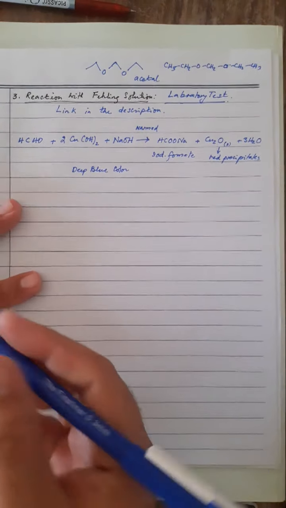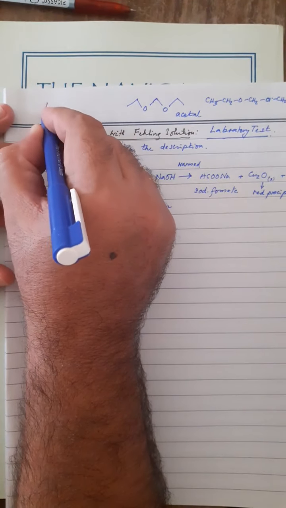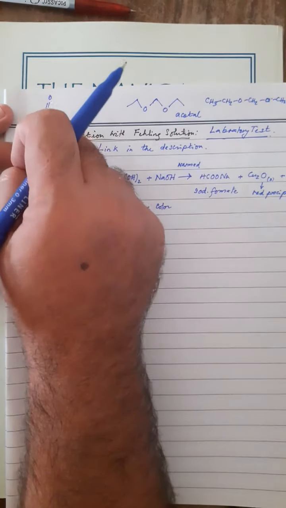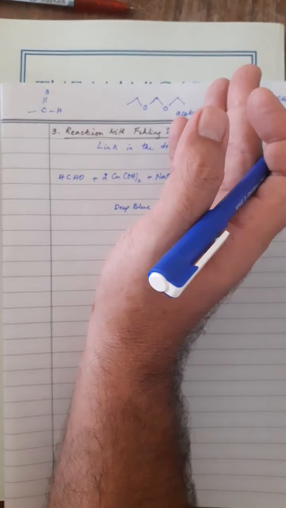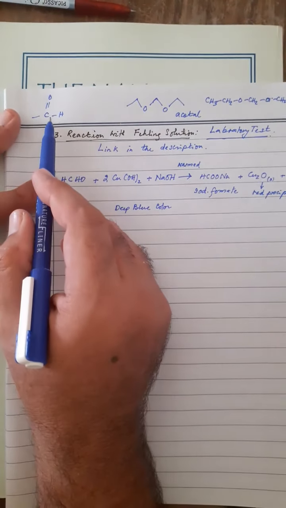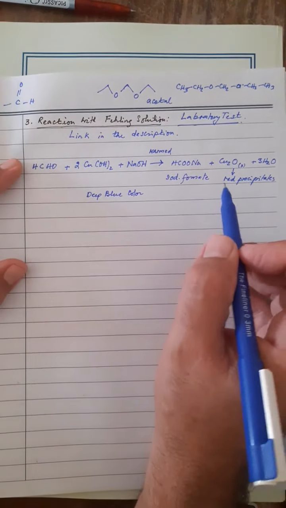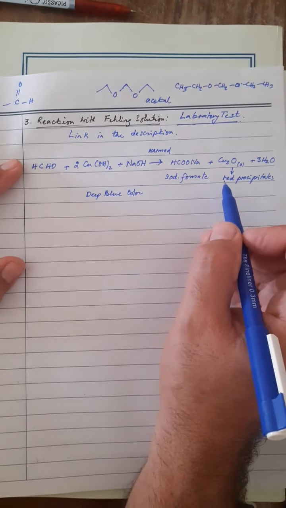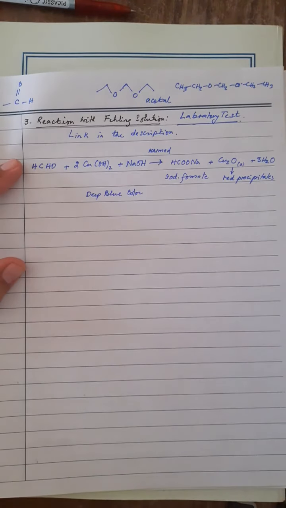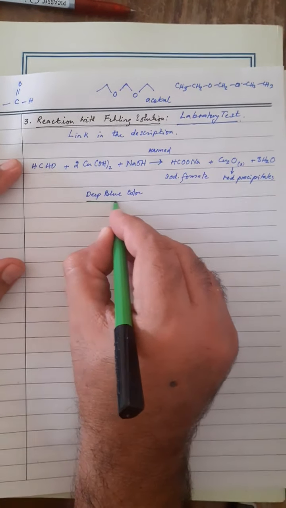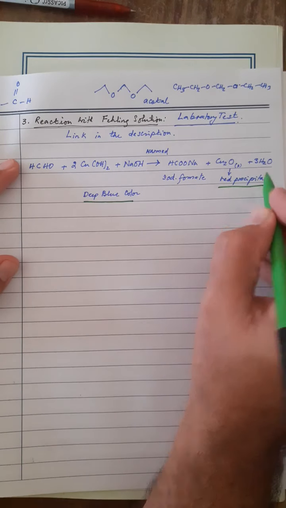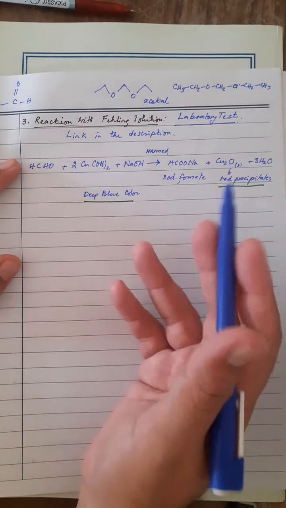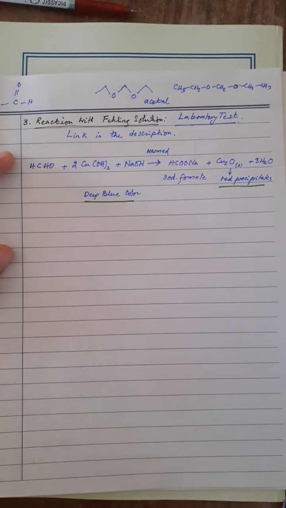Free carbonyls, a carbonyl with H, that's a free carbonyl. If the carbonyl is bonded to 2 carbons, that's not a free carbonyl. So any species with a free carbonyl will give you a positive Fehling solution test, and by positive test I mean this becomes this. All right, the deep blue coloration goes red. It indicates the presence of a free carbonyl group. Glucose is also an aldehyde. Next, I will tell you the third one